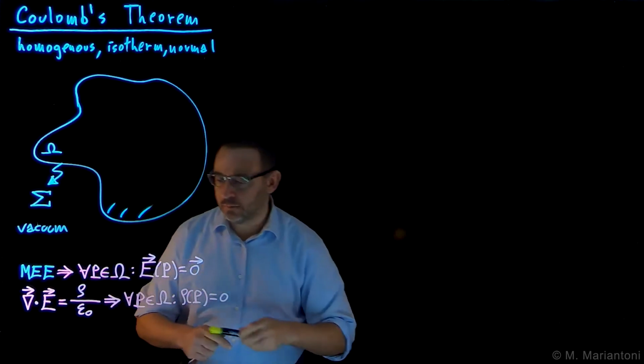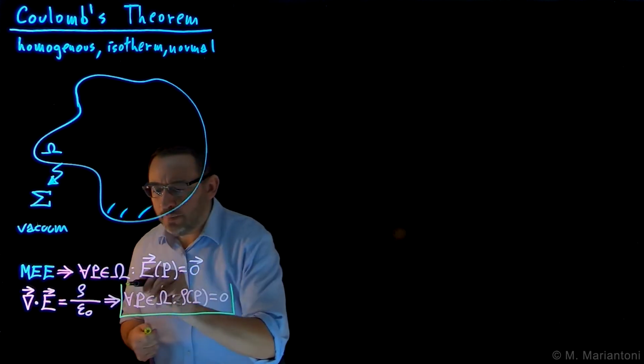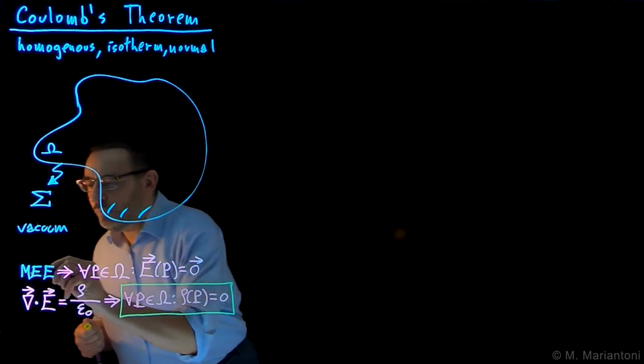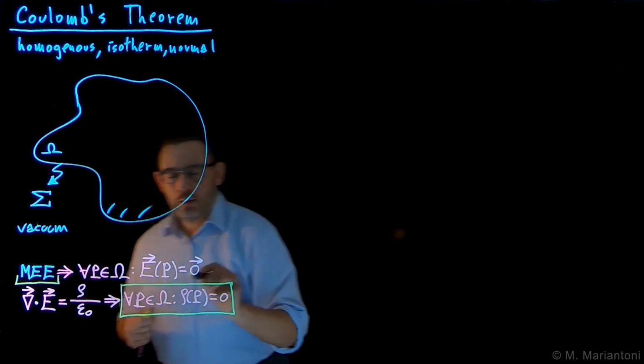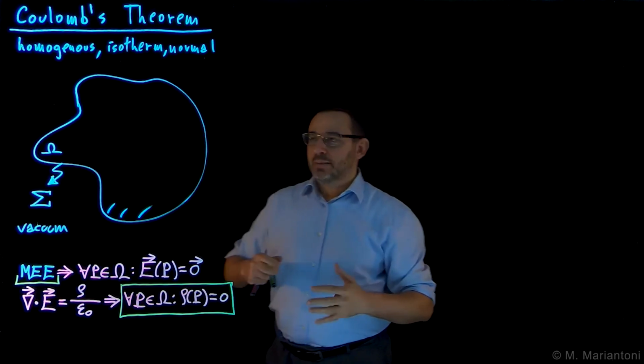This is an important result. So in macroscopic electrostatic equilibrium, MEE, rho is equal to 0 within the object, which again tells us that qualitatively